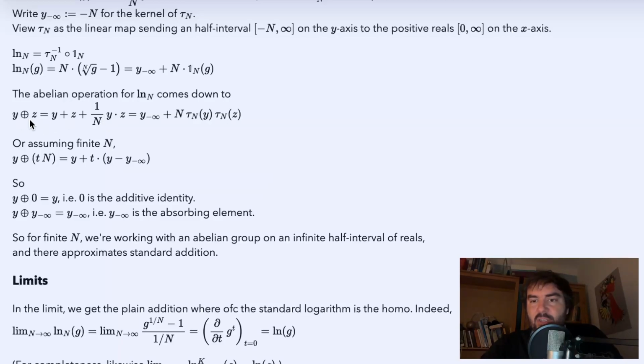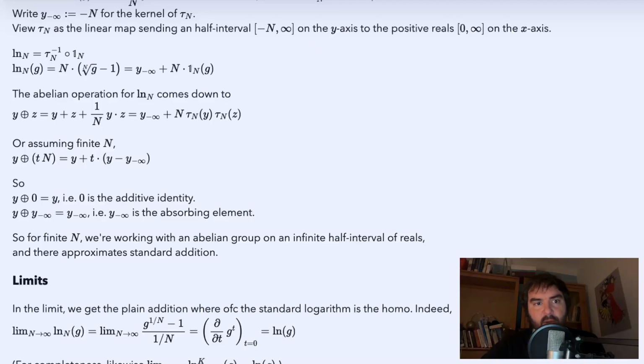And so this is actually the addition which is in the range of the logarithm, right? You have the multiplication of real numbers, you apply the logarithm, and then you get mapped into an algebraic structure where this is the group structure. This is an abelian operation, as you can see, which makes sense actually for values from minus n to